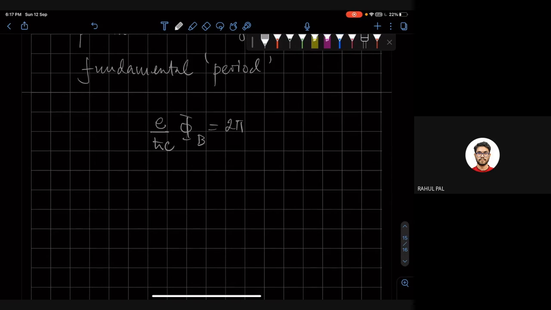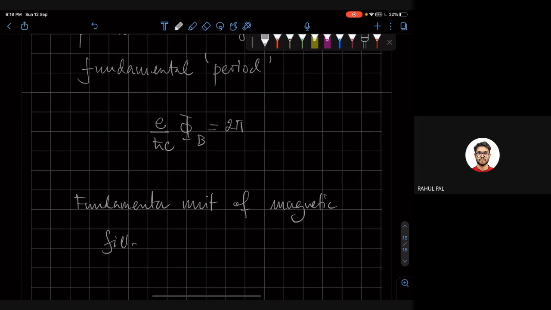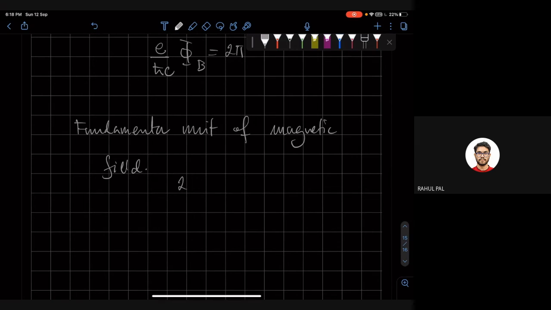If you solve this, we get a fundamental unit of magnetic flux which is given by 2 pi h bar c divided by the modulus of the charge of the electron, and this is given by 4.135 times 10 to the power minus 7 Gauss